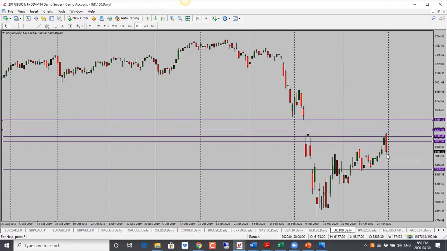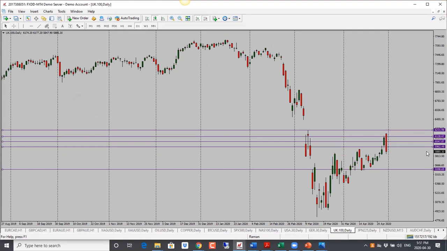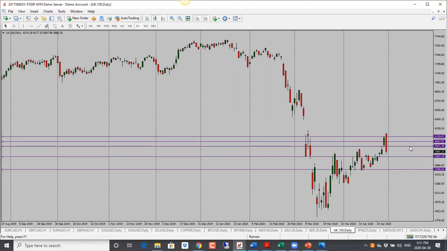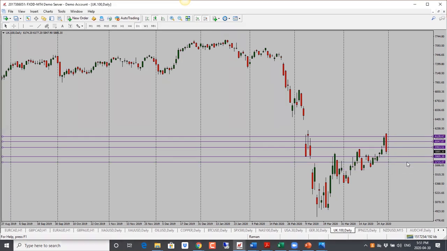FTSE here, this one as well turned around, looking bearish here. Next target here is 5,800. And I would watch out for a pullback potentially into 59.70 or even into 58.85 or 59.50, somewhere around there. Basically, I'm looking for a bit of a pullback before a drop here. First target is 5,800, and second target here is 57.20. So bearish bias here for FTSE as well.